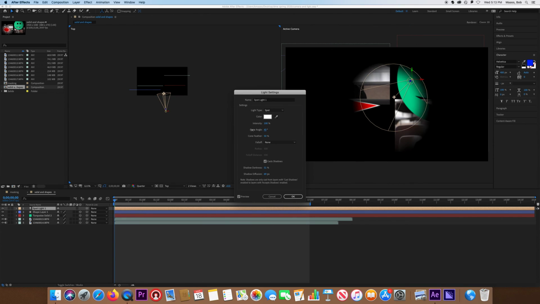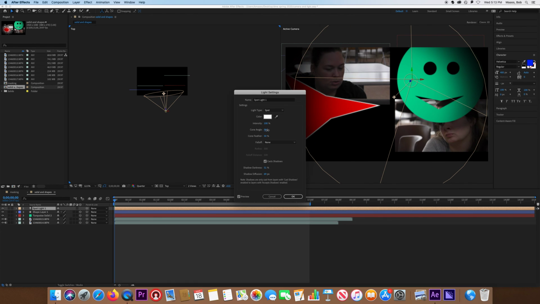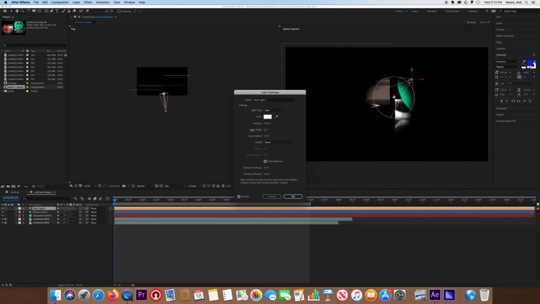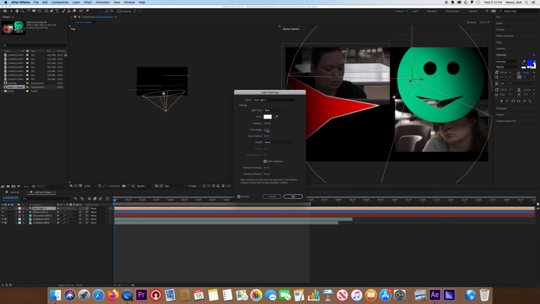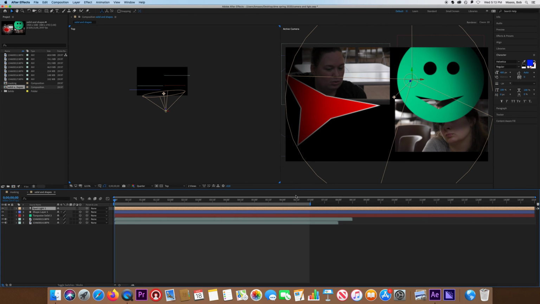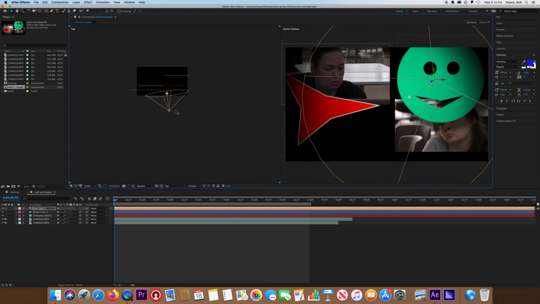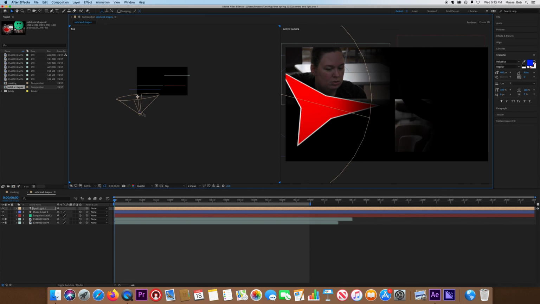You can control your cone angles. If you wanted to do a James Bond thing, you could. Intensity, your feather, different things like that. So I'm going to say OK. And this can be keyframed and moved, and you can see how the shadows are affected